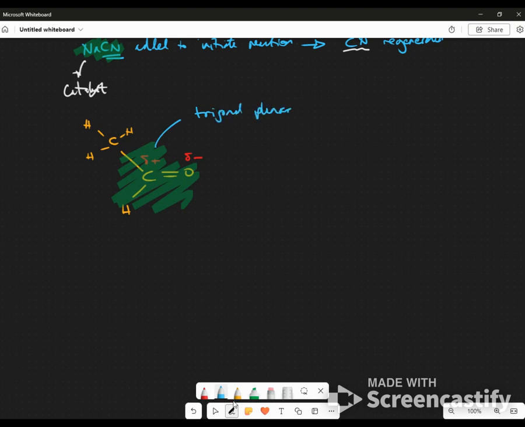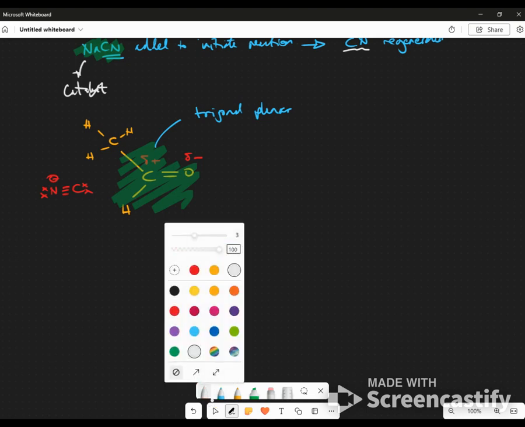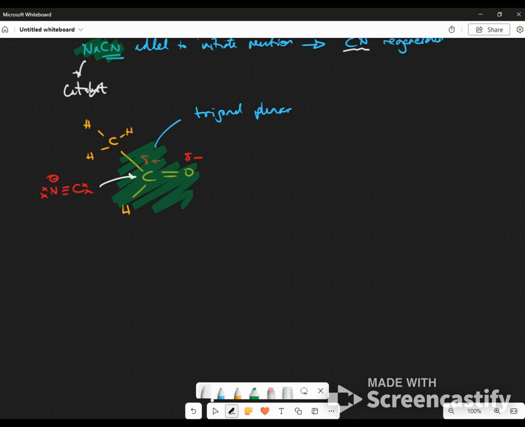So I'm going to draw my CN coming in from here. Here is the CN. There's the lone pair on the carbon. There's also a lone pair on the nitrogen. Okay, and the CN is going to come in and attack this, and at the same time these electrons are going to go there. Now, the way it looks like I'm doing this, it's coming from the side, but because the CHO bit, this bit here,